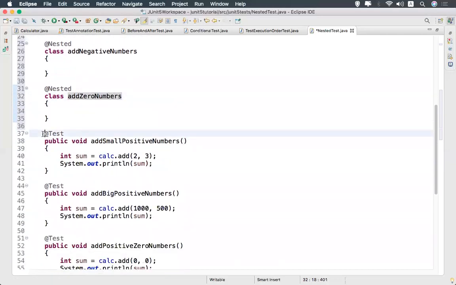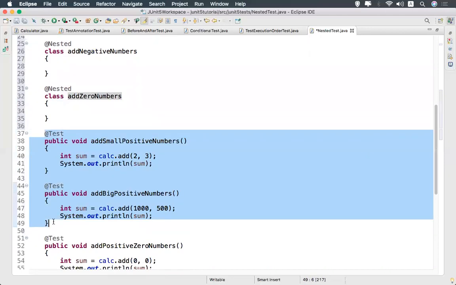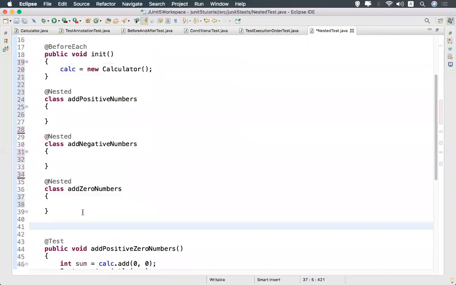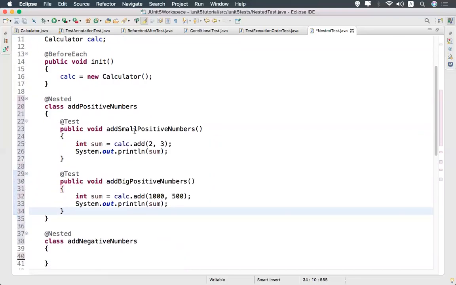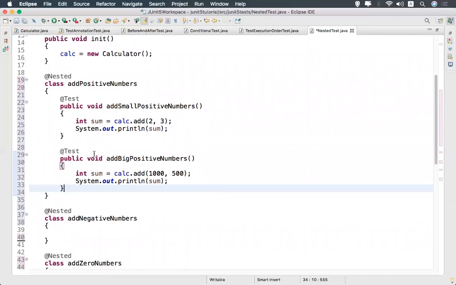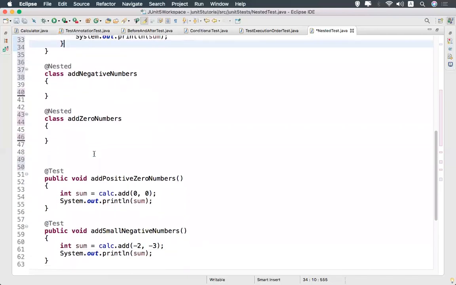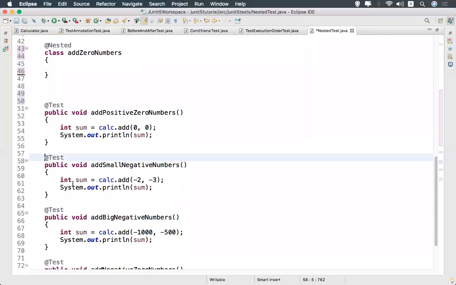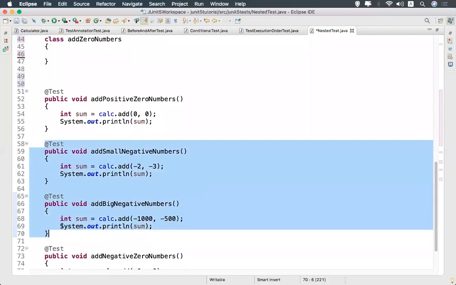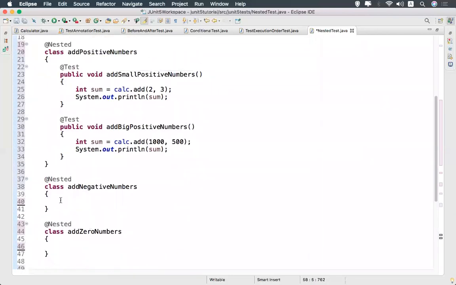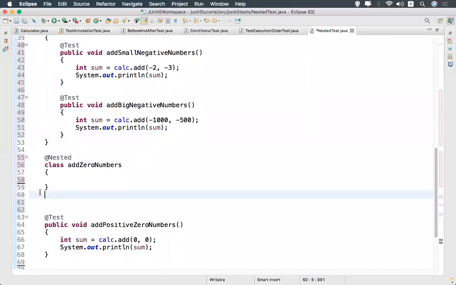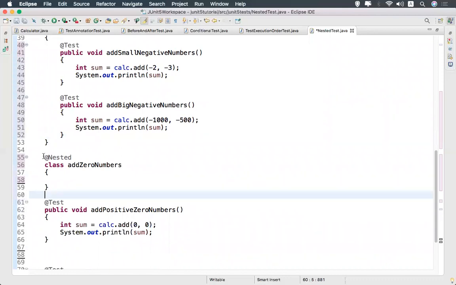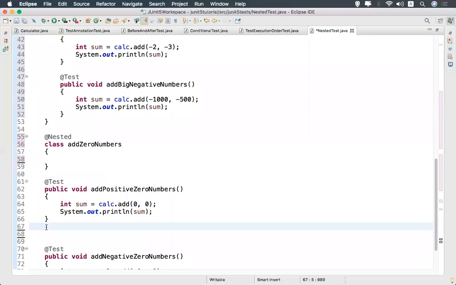Now I'll move these 2 positive tests into this class. You see that only positive numbers I moved into the positive class. The same way, I'll remove these 2 negative tests and put them inside the add negative numbers class. And the same way, I'll put the 2 zeros here.